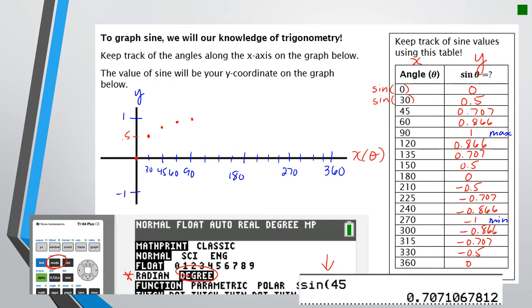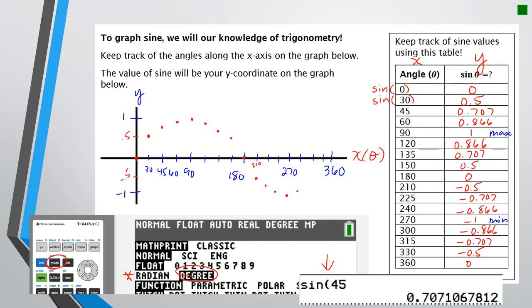And now I kind of go back down in pretty much the same order, just reverse. That's my first one, and then I'm back down here at 0.707, and then I'm back at 0.5, and then at 180, I'm back down to 0. Okay, and now my numbers are the same, I'm just going negative. So at 210, which is this one right here, I'm at negative 0.5, so that would be about here. So negative 0.5. And then I'm at negative 0.7, negative 0.8, and at 270, I'm all the way at negative 1, and now